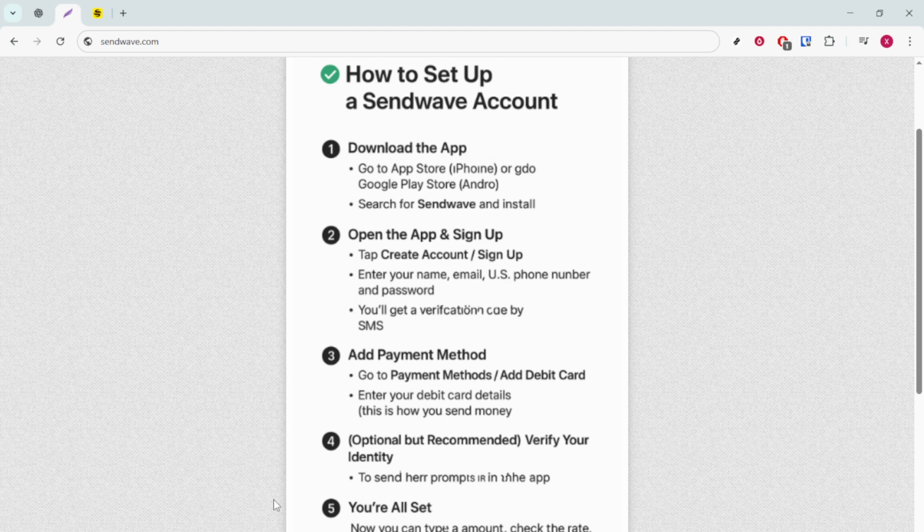Before you send, review the currency, fees, and exchange rate preview shown in the app. You're all set. Consider starting with a small test transfer to confirm everything works as expected. Review the transfer summary, confirm the payment, and track progress in the app. You'll get updates when funds are sent and received. For security, never share verification code